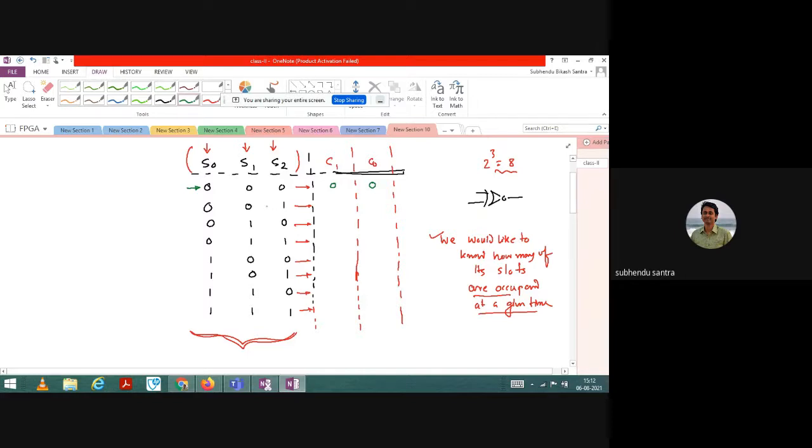Now 0 0 1. One slot is filled. So what to do then? Let us give this number. Now 0 1 0. If it is so, what will I give? I will assign 2. Now in this case 0 1 1, when both are there, what will I do?